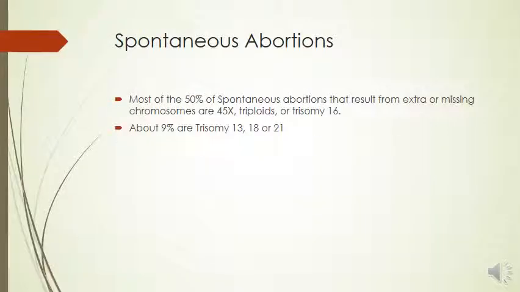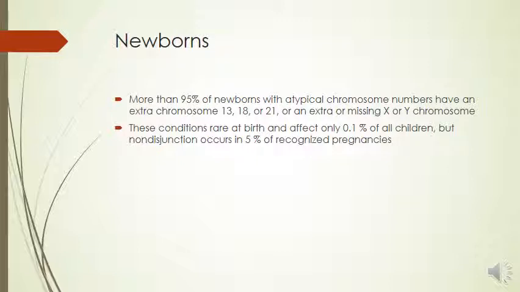In looking at spontaneous abortions, most of the 50% of spontaneous abortions that result from extra or missing chromosomes are 45X, triploids, or trisomy 16. About 9% are trisomy 13, 18, or 21. More than 95% of newborns with atypical chromosome numbers have an extra chromosome 13, 18, or 21, or an extra or missing X or Y chromosome. These conditions are rare at birth and affect only 0.1% of all children, but non-disjunction occurs in 5% of recognized